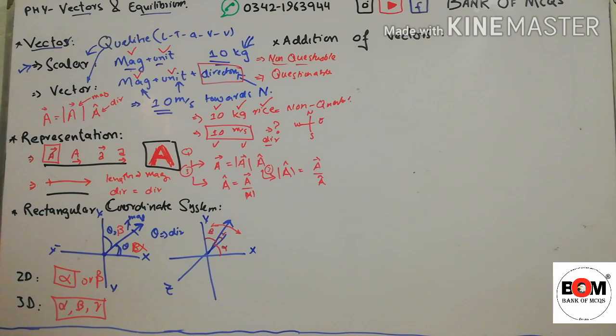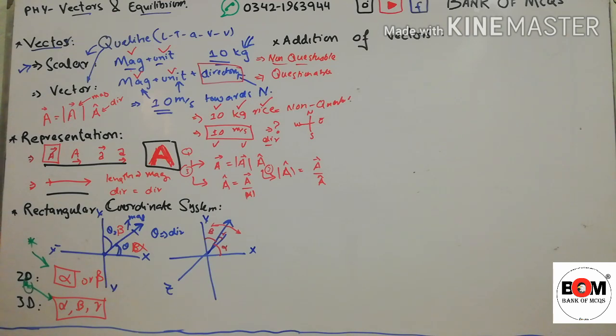So we must also know the gamma to know the correct position of the vector. So this is the point that for 2D we only need one angle, that is alpha or beta, and in 3D we need the angles alpha, beta and gamma, all of these. So must remember that in 2D we need only alpha or beta. In this case we need all angles.